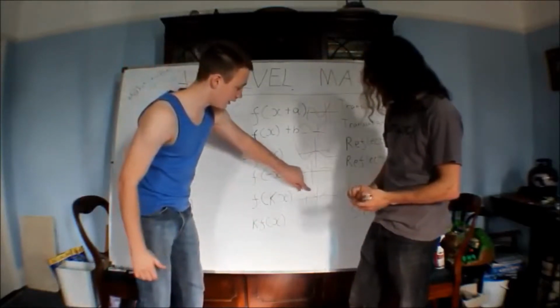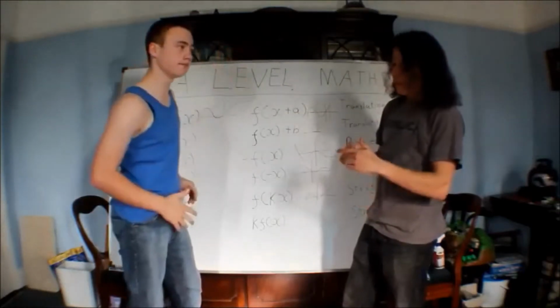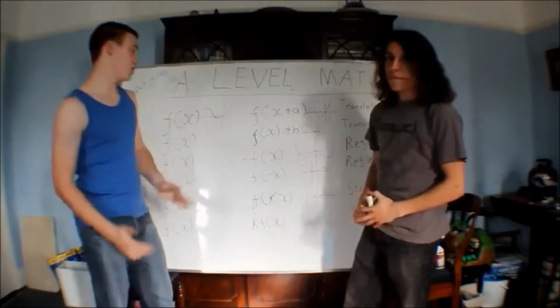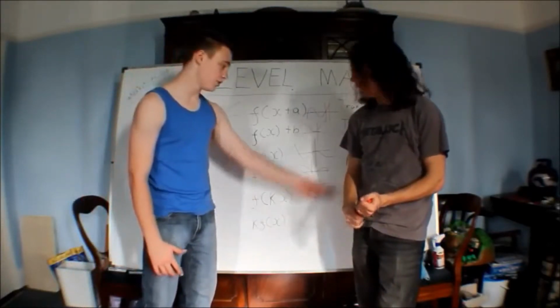So this point here will be the same as that point there, except the x will be k times smaller. And as you can imagine, because they're all opposite to each other, the last one, f of x becomes k f of x, so the k's before,